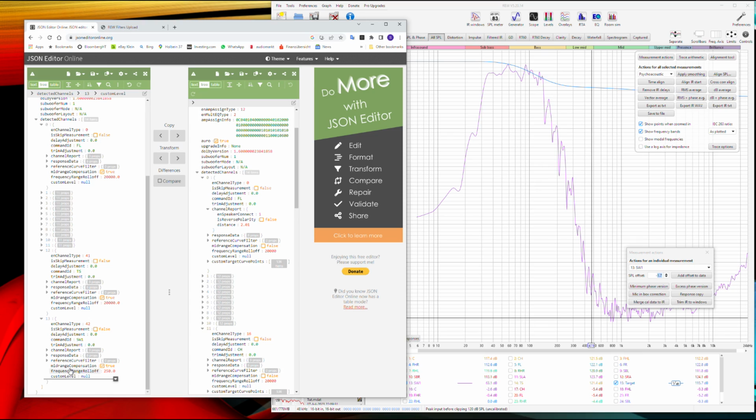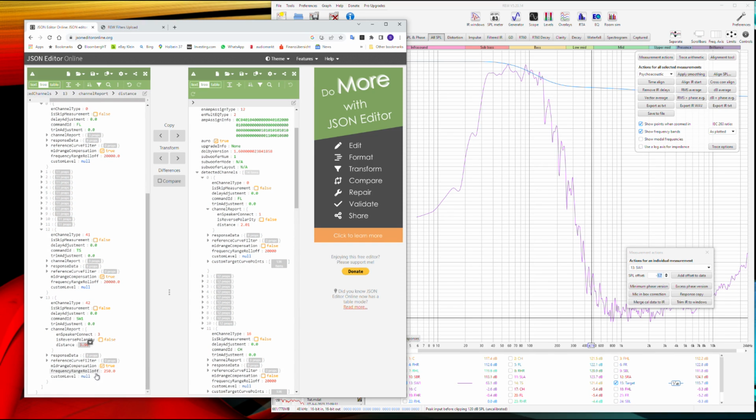Similarly, the distances, they are under channel report and you can enter them. If you enter all of them here, then you will have a proper ADY file, which whenever you transfer to receiver will reset all settings to ideal. Otherwise you have to save it in the receiver. I mean, there are many options, but this is how you change them.